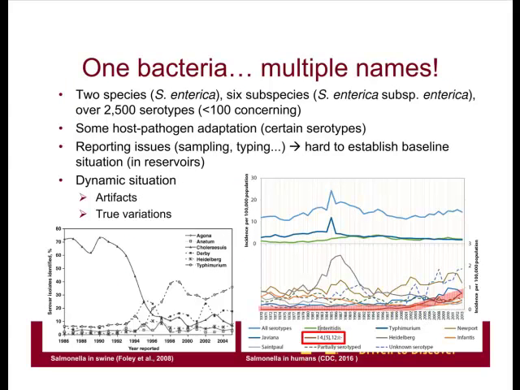It has quite a challenging taxonomy. There are 2 species, 6 subspecies, over 2,500 serotypes, but most of the time we are talking about just a few, which are the most important ones. And as Dr. O'Connor also brought up before, we can see changes if we try to track the changes in serotypes over time. Now, those changes may be due to actual true differences that happen in the population out there, or it may also be due to reporting changes, such as, for example, this decrease that we see in